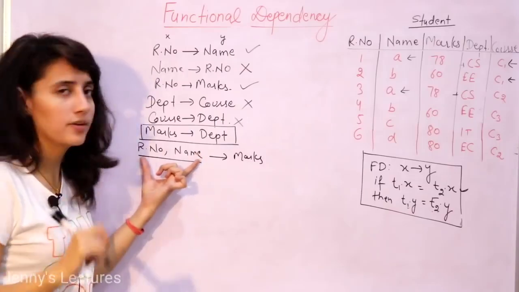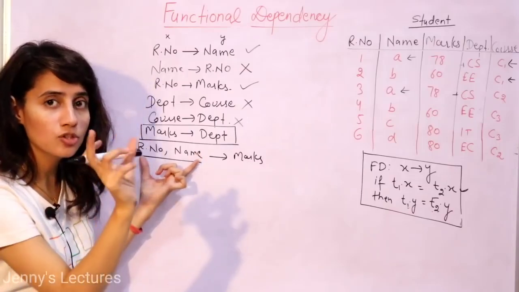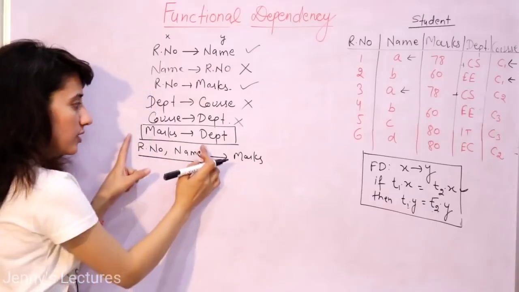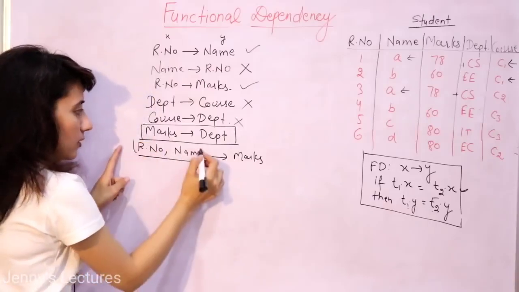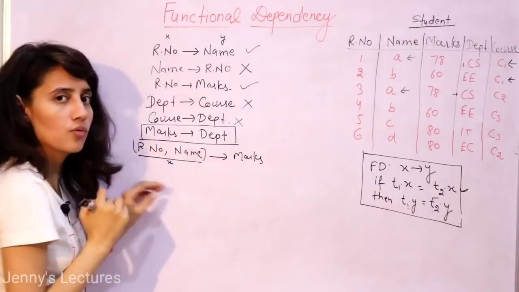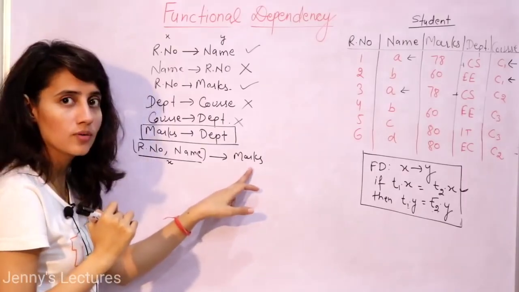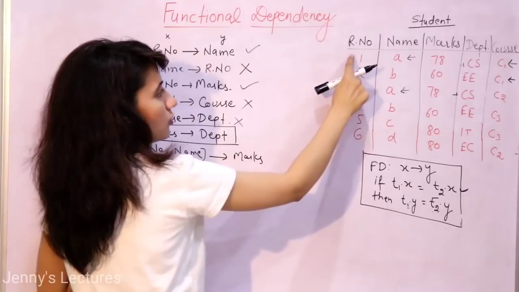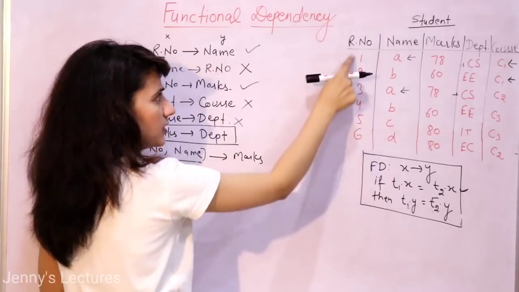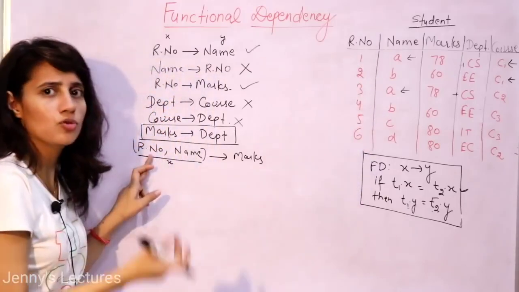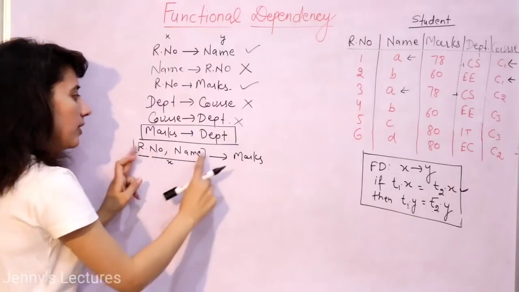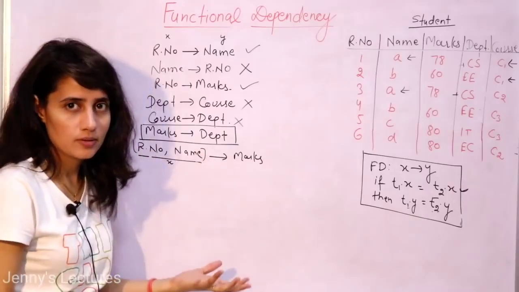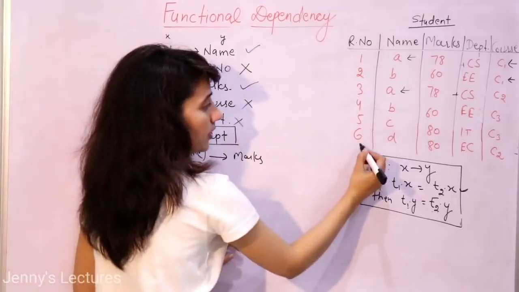Now x has two attributes. See the combination of these two. Consider it as one unit, this is x now and this is y now, right? Now see roll number and name. From here I can easily tell roll number is not repeating. So definitely the roll number and name combination will not repeat. If here I again write 1,